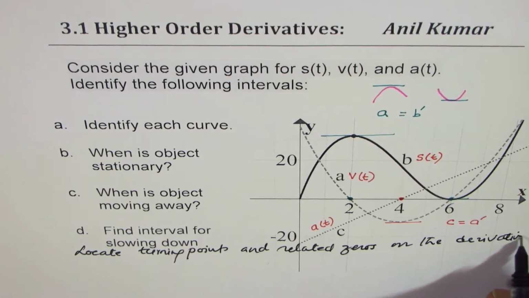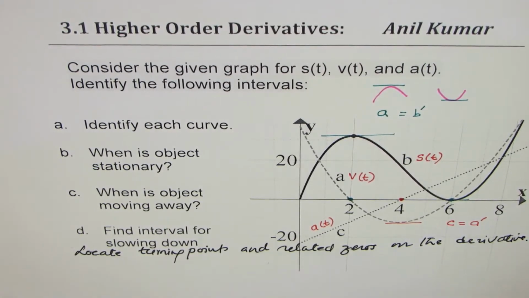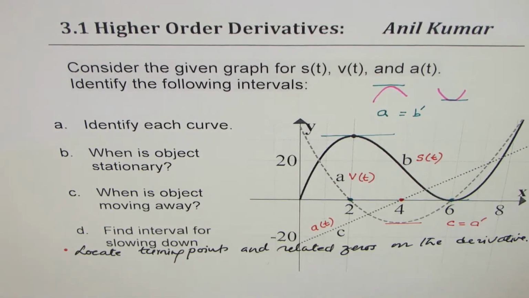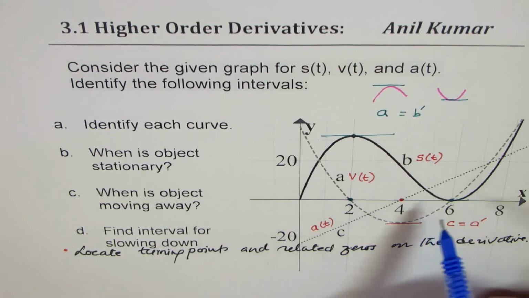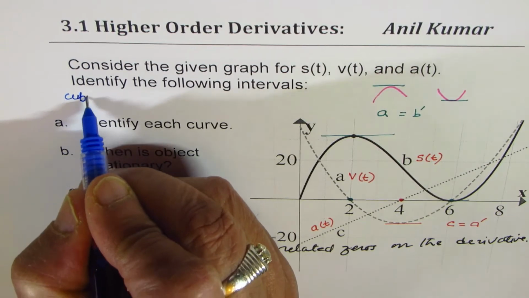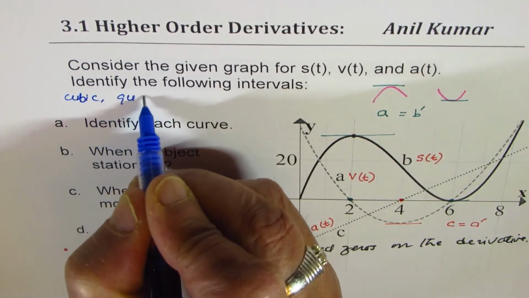Is that clear? So that is key in arranging graphs by their derivatives. Is that clear to you? Correct? Now this was a much simpler question than you might get in your test problem, right? You could have even solved it like this, that you have a cubic function, correct? You have a quadratic function